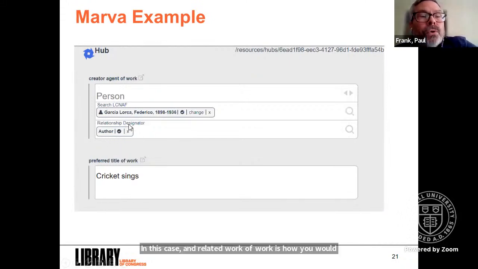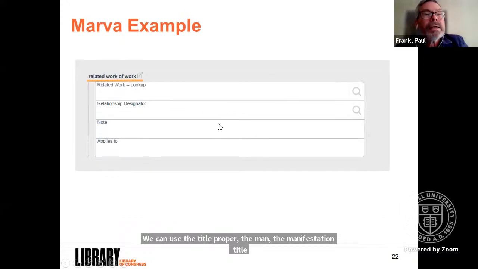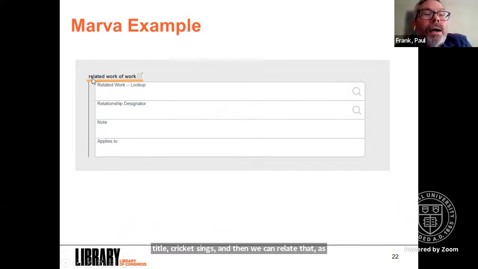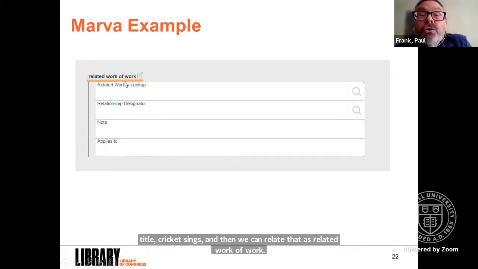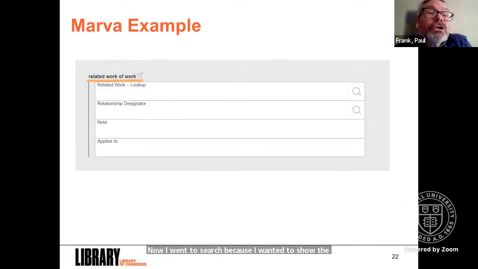So here's the example for The Cricket Sings. This is actually a translation of an aggregate resource of poems by Garcia Lorca. The preferred title, because this is a new work, right? We can use the title proper, the manifestation title, Cricket Sings, and then we can relate that as related work of work. Now, I went to search because I wanted to show the relationship to the original language, and I'm going to look this up in MARC, and I realized,